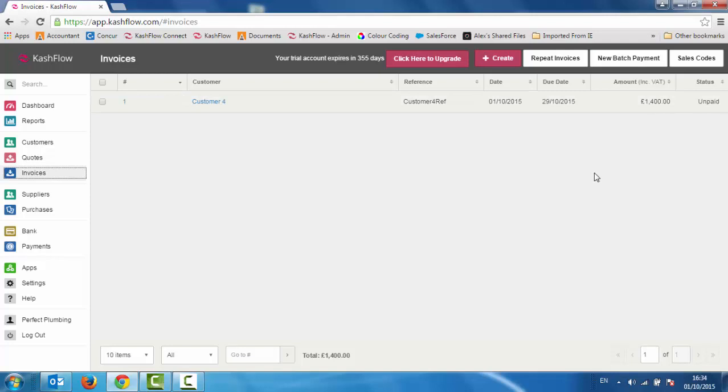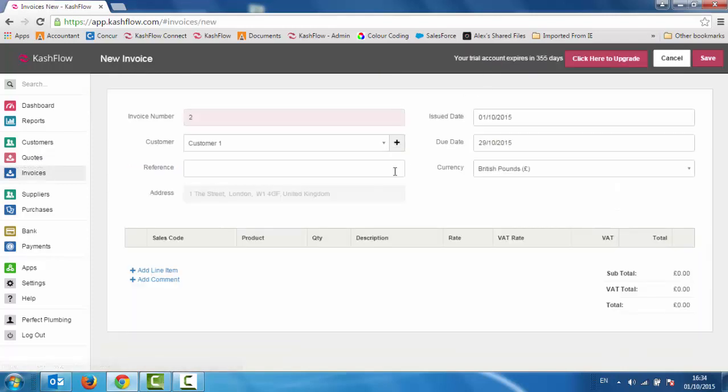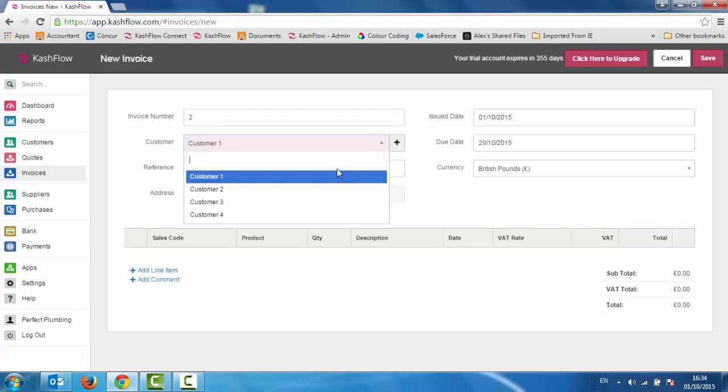To add a new invoice into KashFlow, we follow the same procedure as we do for creating quotes. So while we're in the invoicing module or the customer screen, we will see at the top we have the option to create. So if I just create a new invoice from here, we can see it's gone to the next sequential number, so this is now invoice number 2,